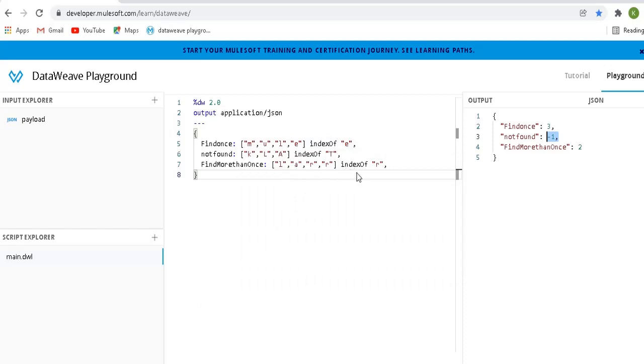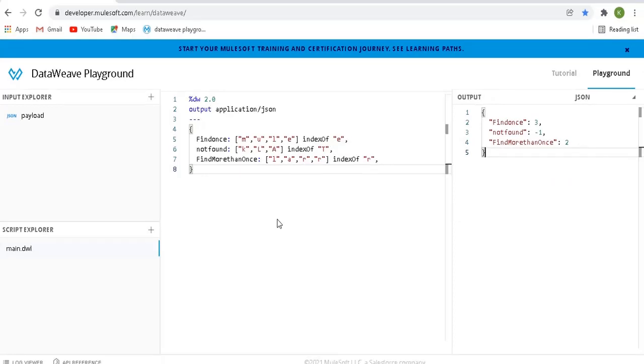As we discussed, the indexOf operator will tell you only the first occurrence of the letter. In this example, "or" is repeated, so we have two "or" entries in this array of strings. If you use indexOf with "or" in this scenario, it will return only the first occurrence of "or". For "or" we have two indexes, 2 and 3, but it will return only the first occurrence, which means 0, 1, 2. This is the first occurrence, right? So that's it. In this way you can use the indexOf operator.